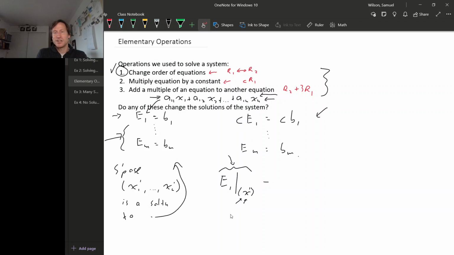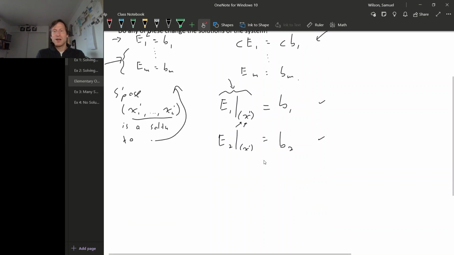That's all this notation means. Well, if this is a solution, if the x's form a solution to this system, then that means that when you plug in all of the x prime values, you really do get b sub 1. So this is a true statement. And when you plug all of the x prime values into the second equation, that also is a true statement. And all the way down